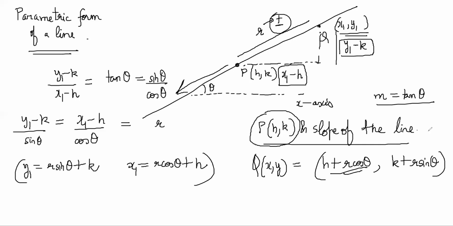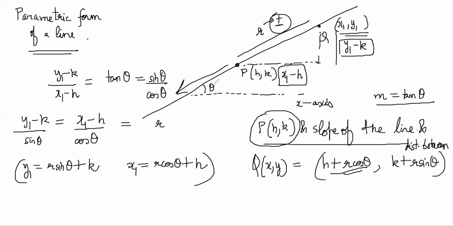So any point basically you will be able to express in terms of the fixed point, the slope of the line, and the distance between them, right? So see the corollary one that he has written. We have x is equal to h plus r cos theta and y is equal to k plus r sin theta, right? So this is going to be any general point x comma y on the straight line. So now what he's saying is 87. To find the length of the straight line drawn through a given point in a given direction to meet a given straight line.